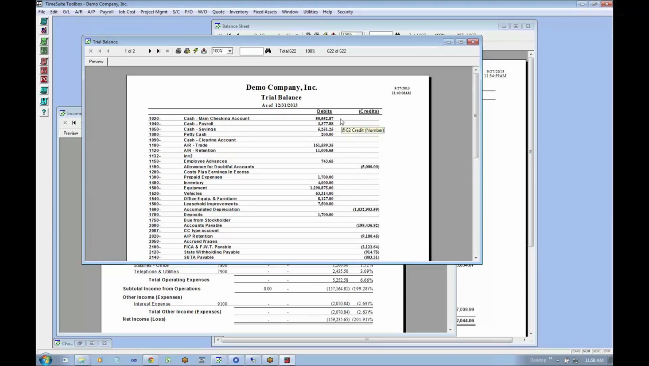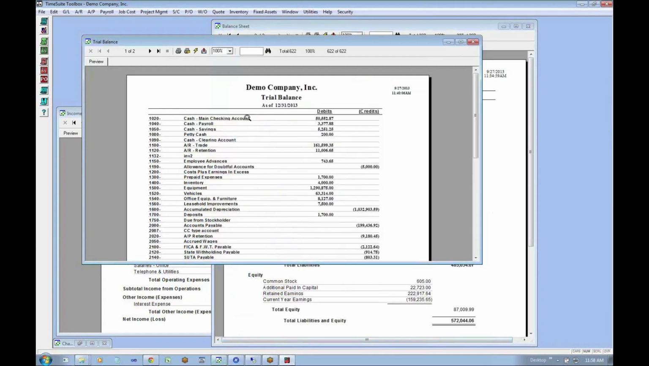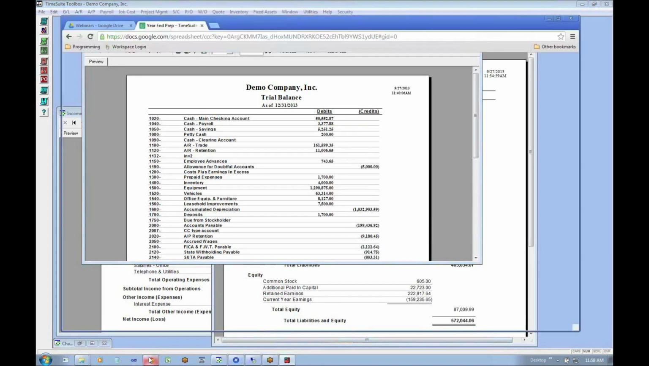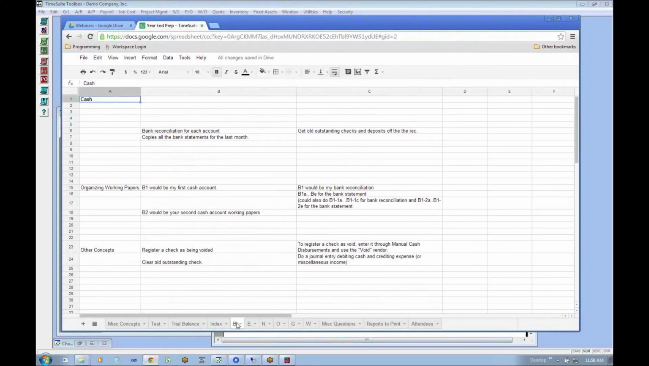So if I print out my bank rec and I copy the first couple pages of my bank statement, or the first page of my bank statement, I'm going to have a set of tick marks that basically are going to support that number. So if someone looks at the balances, how do I know that's right? You've got a set of supporting work papers that you've produced that they're able to look at. So the B1-1A work paper would be your first bank account, and B2-1A would be your second bank account. So if we go B,